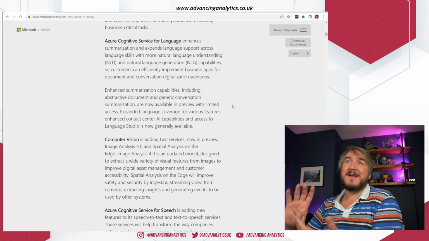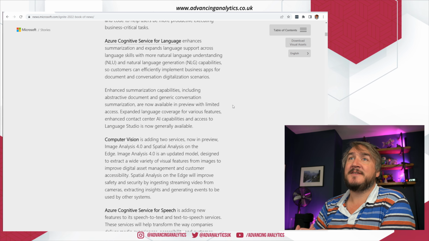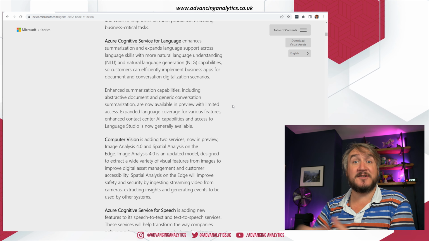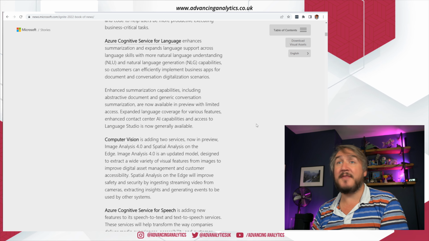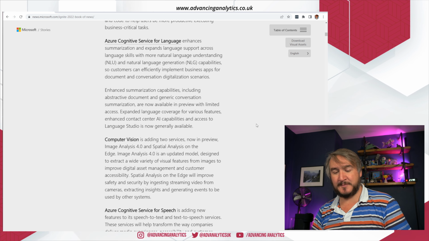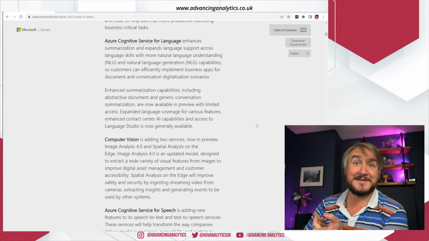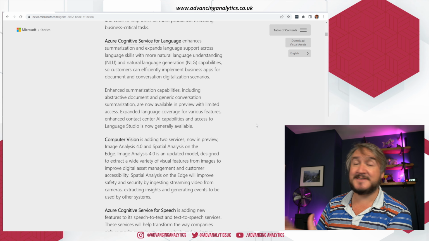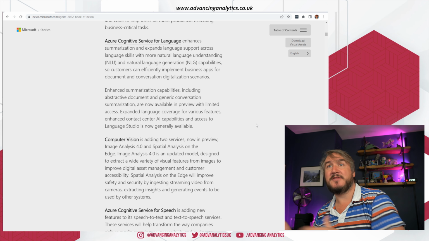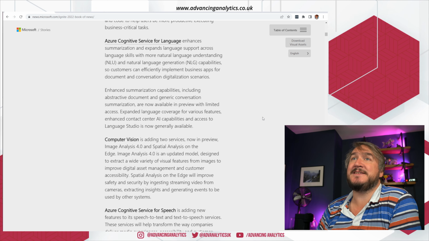We've got various things in the other cognitive services. We're seeing natural language generation, its ability to write text, the whole GPT thing. That's all getting better. And there's a theme in lots of these about either being able to recognize speech and transcribe it, or to generate text into speech. There are lots of improvements across all of these pieces.